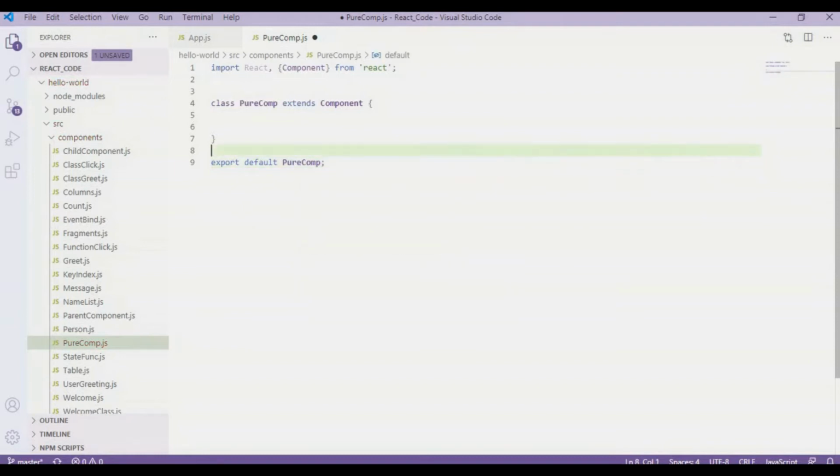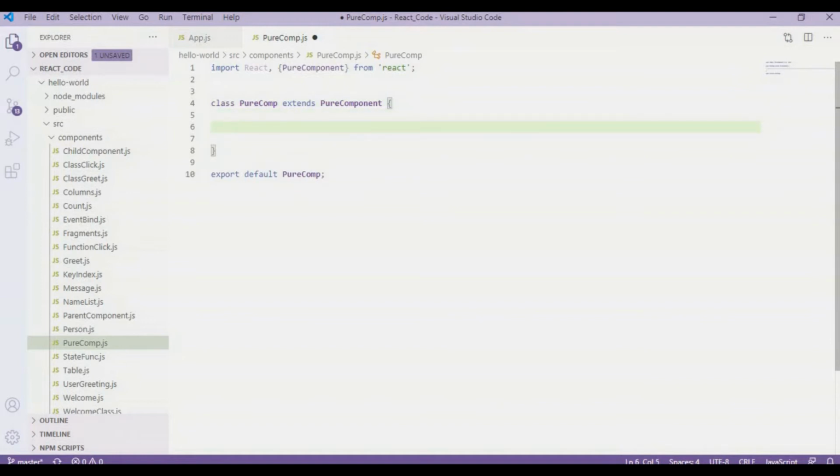But as I mentioned earlier, it will be a pure component, so I'm going to call PureComponent instead of the normal Component, and extend this to PureComponent. Inside this pure component, it is all like the regular class component.